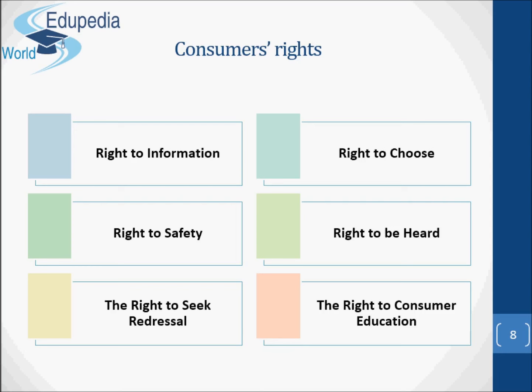The second consumer right is called right to choose. The consumers have the right to choose regarding what to buy and what not to buy. Sometimes, when you receive a service or purchase a good, you cannot do so because you are forced to buy things that you may not wish to. The shopkeeper puts a condition and you are left with no choice. You, as a consumer, lose your right to choose.